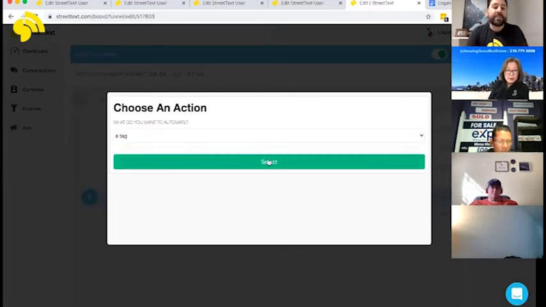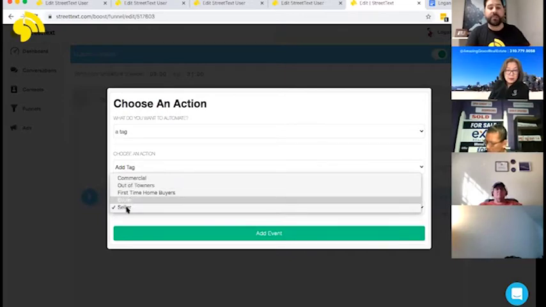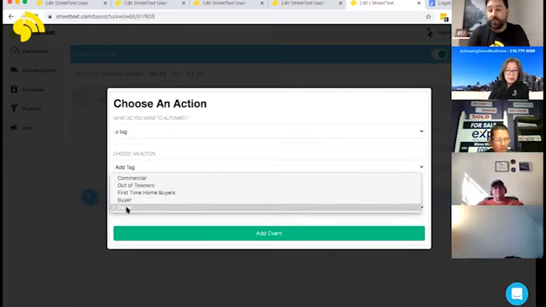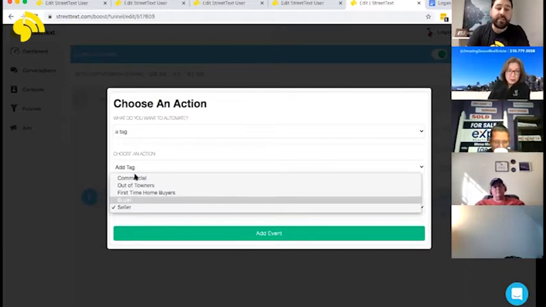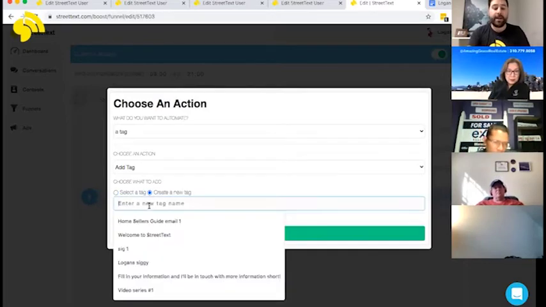Now hit select, and you're going to see you have access to any of the tags you've ever created. Buyers, sellers. You'll definitely have sellers. Some of you guys will have seller and buyer, but that's it. You won't see any of these other ones. So what you're going to then do is say, I want to create a new tag. And I'm going to say,